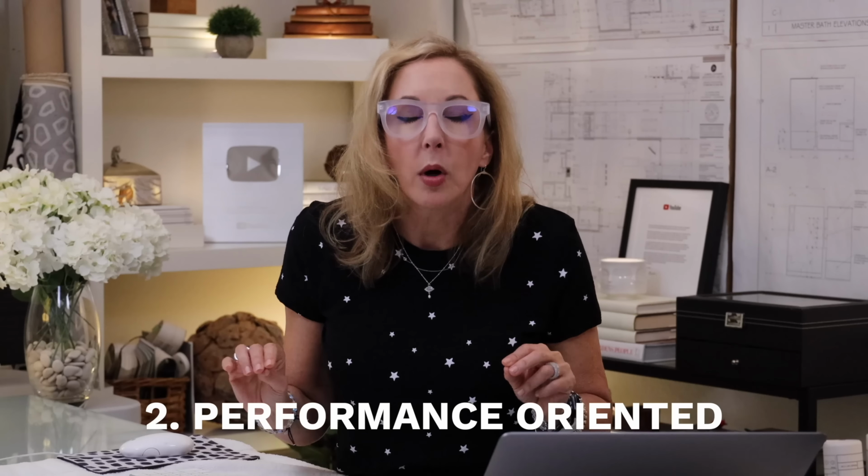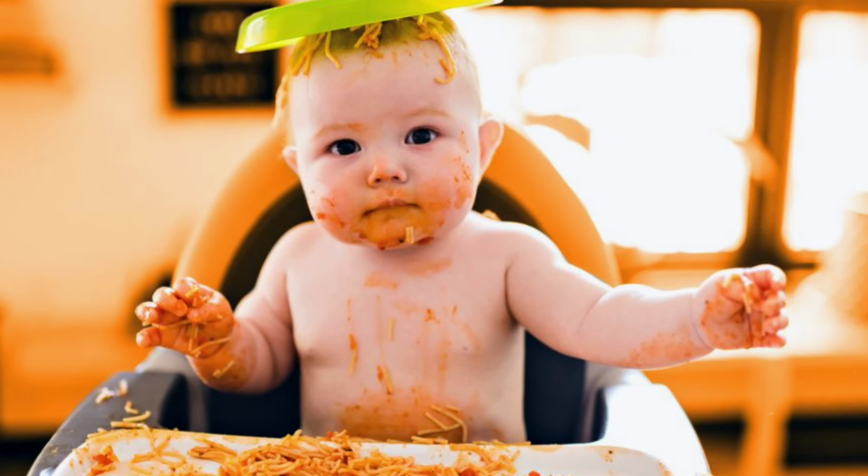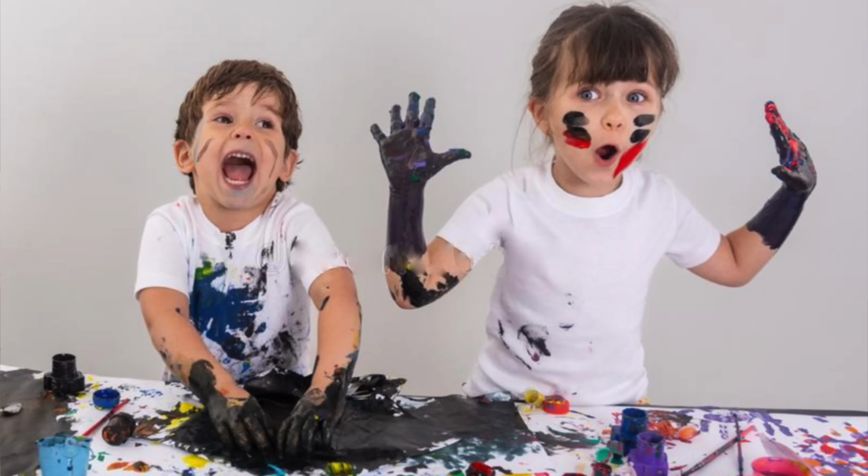Second thing is that everything needs to be performance oriented. Ooh, that's a must. Kids are messy. They're supposed to be messy. So we want to make sure that we can clean things, get things off of walls, do whatever it is we need to do to make all of it as cleaned up and as easily cleanable as possible. So let's talk about how we can design these spaces so that it makes sense for you moms and